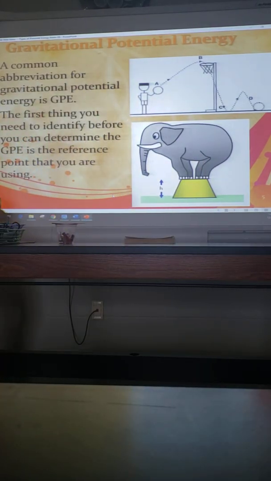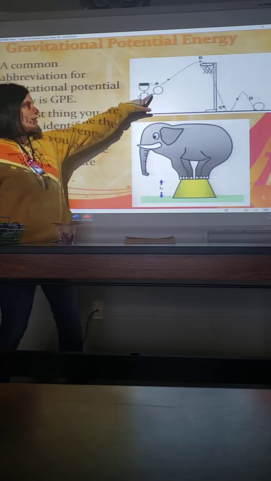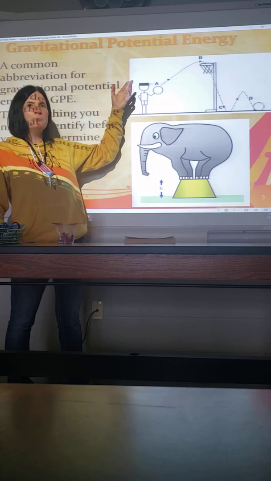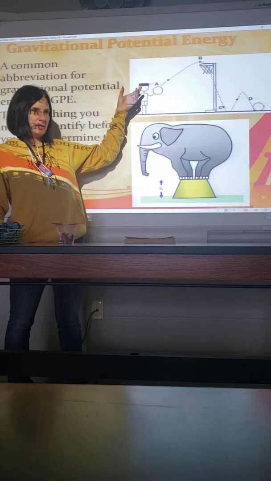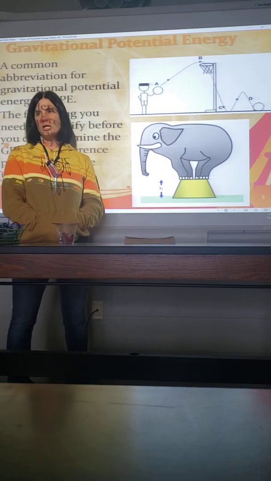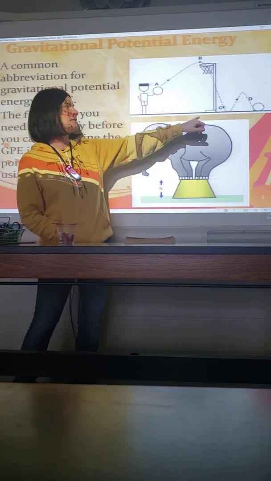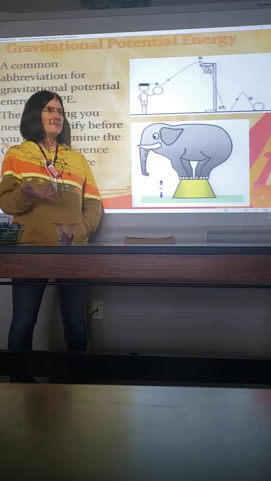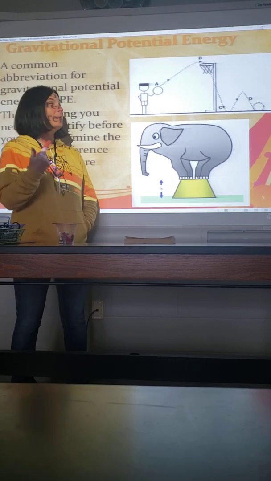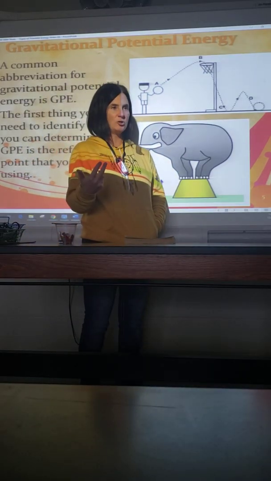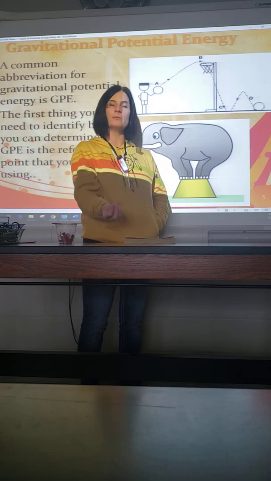Okay, so let's take a look at this. This is the basketball. The basketball is not changing, right? So mass is not going to be affected in this example. But what is changing? What do you see changing from location A, B, C, and D? The height. Yeah, the height. So because it's the same object, the mass isn't changing, but the height is. So the higher an object, the more gravitational potential energy it has, because you're giving gravity more of an opportunity